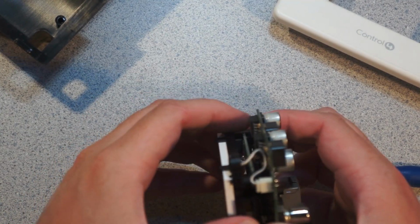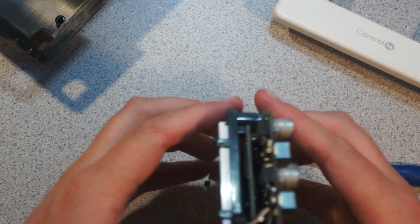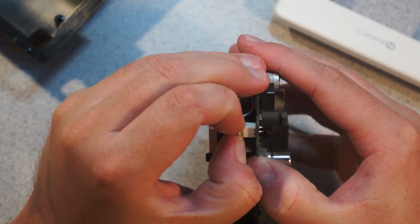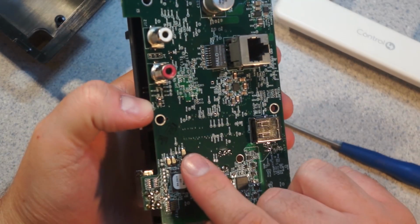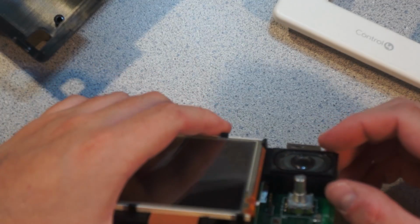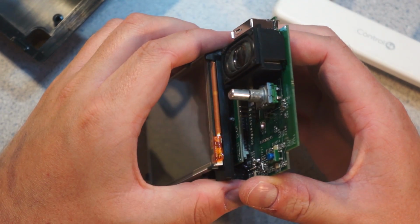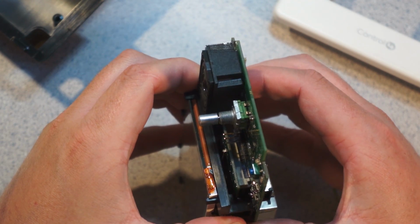So we have a mic. Oh wow, this whole thing. The CPU board appears to be clamped into the plastic apparatus. Just disconnect the microphone. I don't know how the speaker is connected. It may be these two pins there, at which point that would be irritating. That is heat staked down too. Okay, there's a connector under there. You can see that giant many pin connector down there. And something is